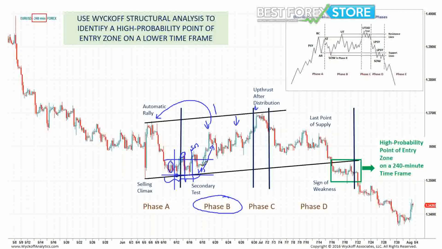So if we label it like this, as the price develops, then we could day trade these elements right here, and we could trade them as isolated trades because this is a non-trending environment. And then once we experience the sign of strength and LPS, this is where the day trade is going to be much more significant. Again, change of character, consolidation, phase C, and then our bias is going to be to